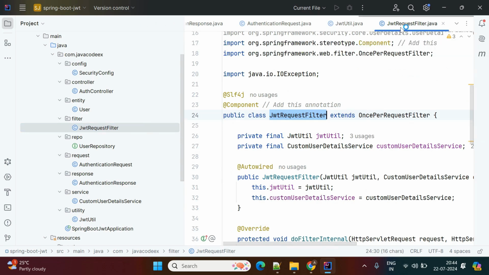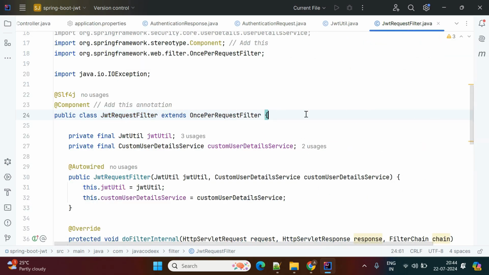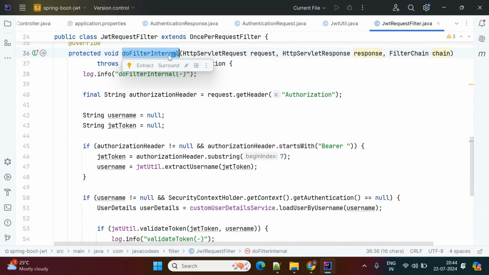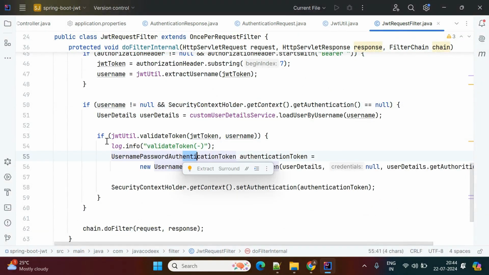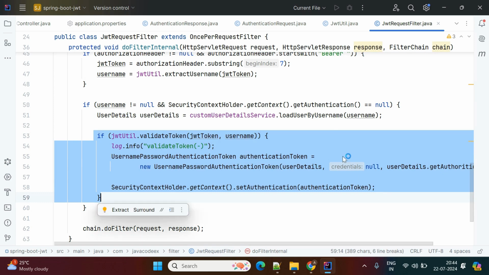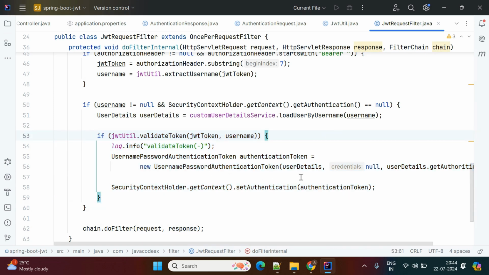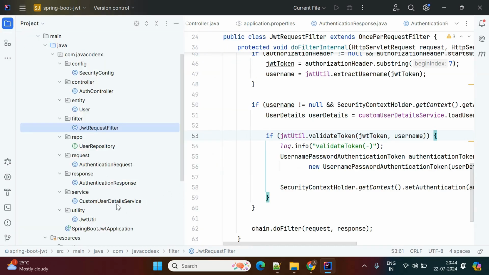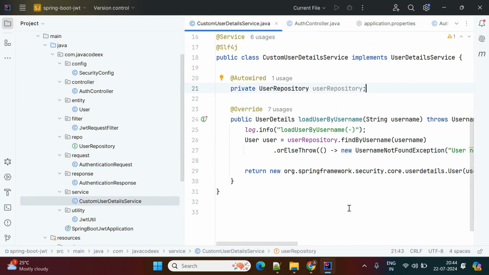Then next is the JWT request filter. This will intercept the request, and it will try to validate the token from doFilterInternal. Here it will validate the token. Okay, so if the token is valid, then it will go to the database, and it will again validate whether the user information is correct or not. Those validations we are doing from the service. Once the user is also a valid user, then it will allow access to other APIs from the